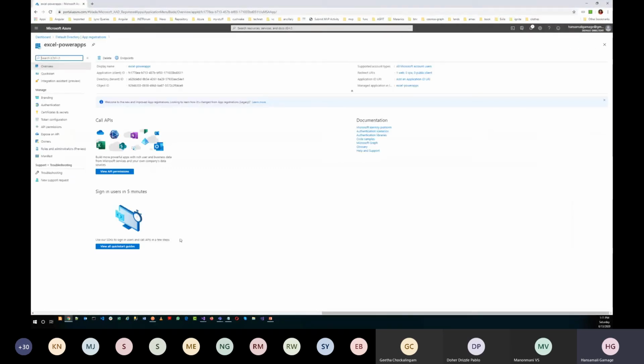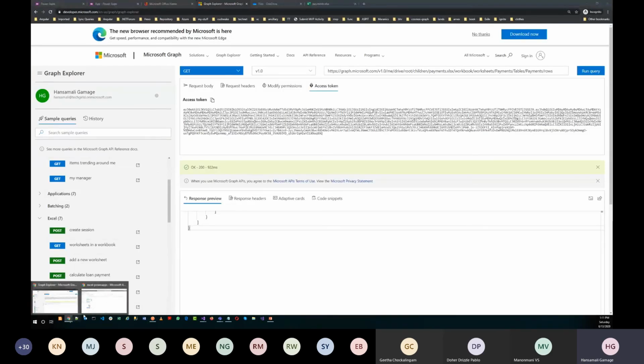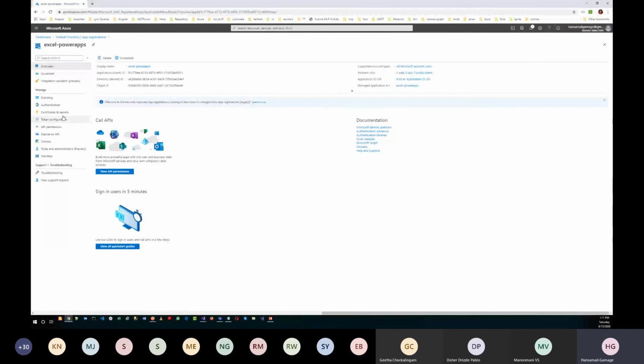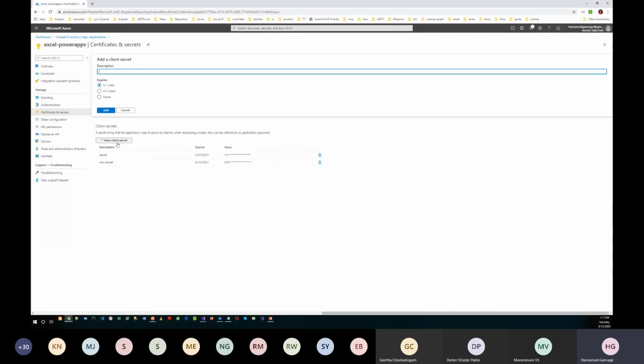Here you have to provide your application's client ID, and also your client secret. You can generate a client secret from certificates and secrets. You can create a new client secret from here.